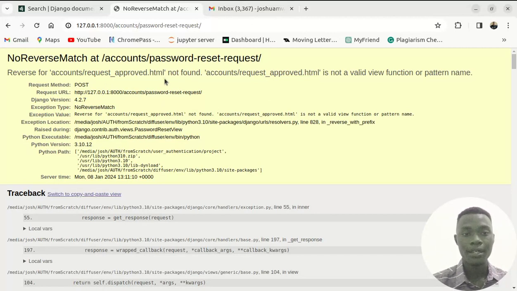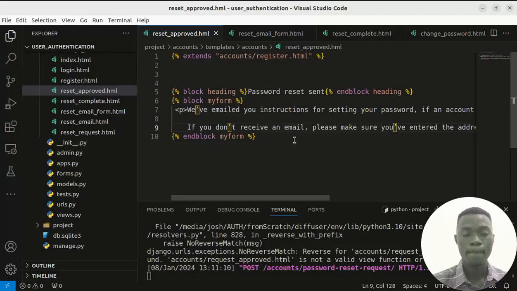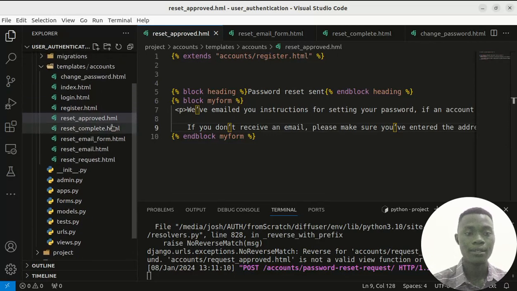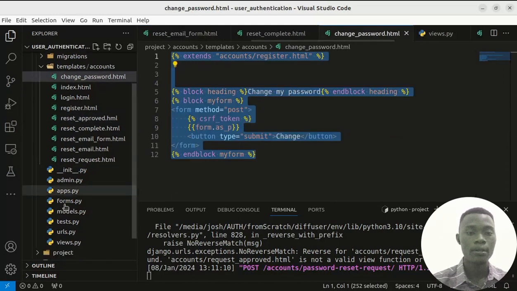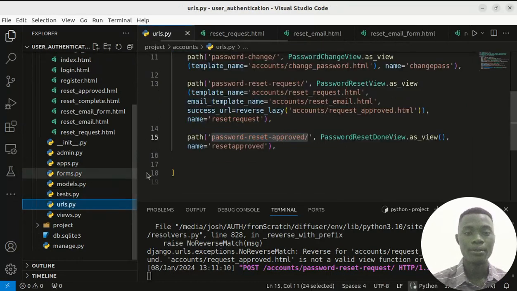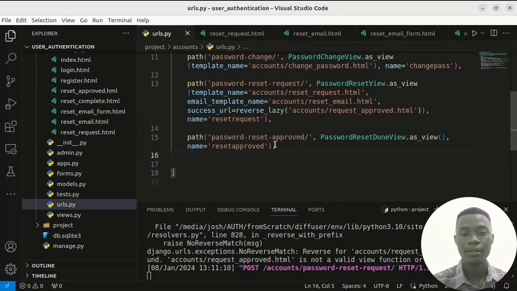No reverse for account request upload. So what we'll have to do is to first make other links work out, then it will give you a valid response. So let's get back to the urls.py file. We have request upload